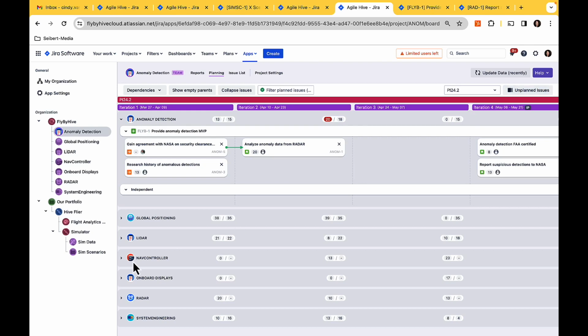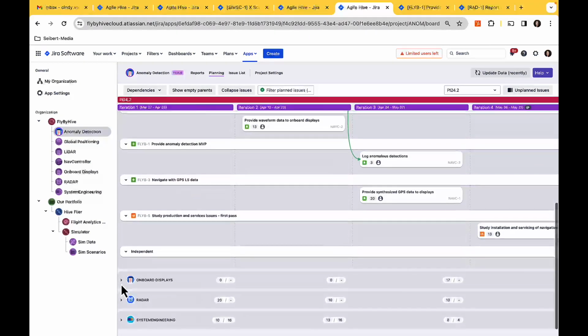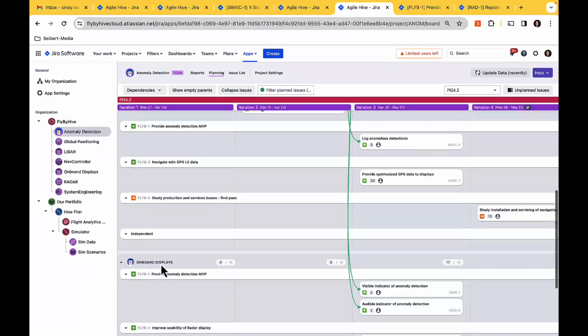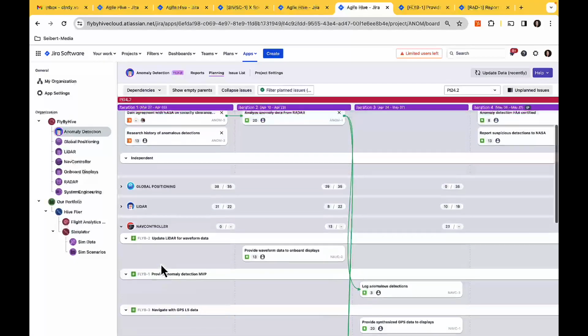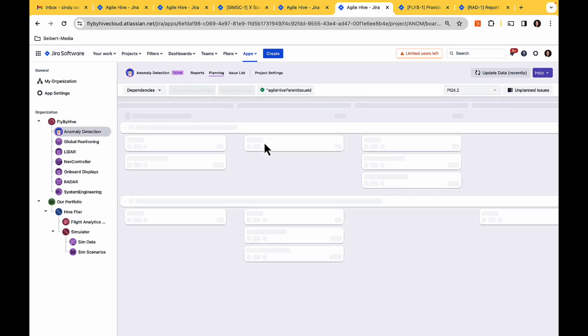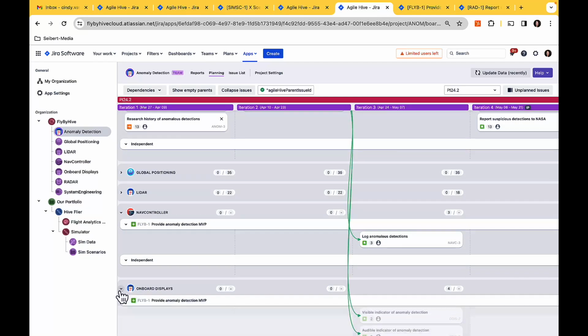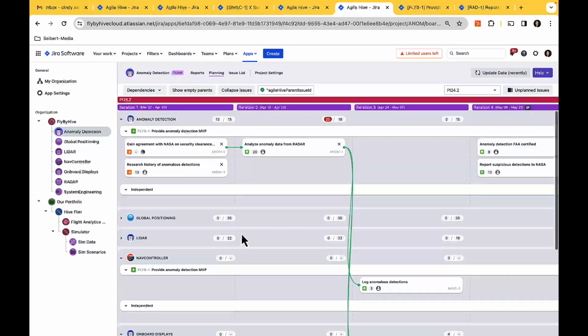Now, we saw that this feature, Provide Anomaly Detection MVP, has a lot of teams contributing. So we can open up those teams' swim lanes and see those dependencies. Sometimes it gets a little unruly, and that's exactly why I captured that JQL, so that I can filter down to just that one feature